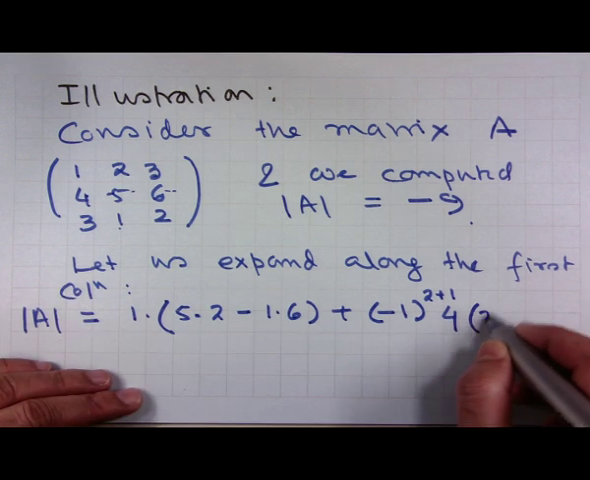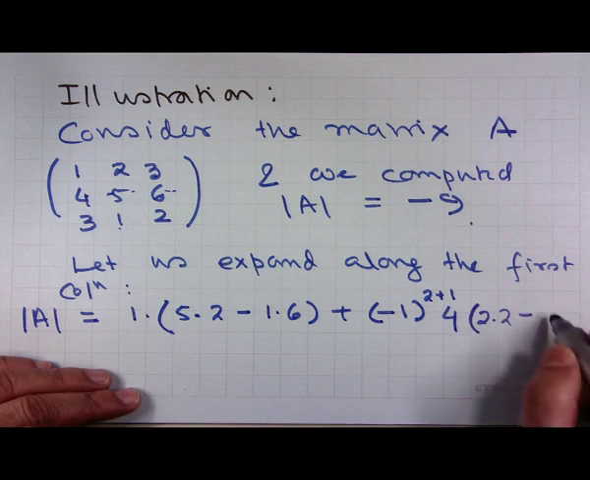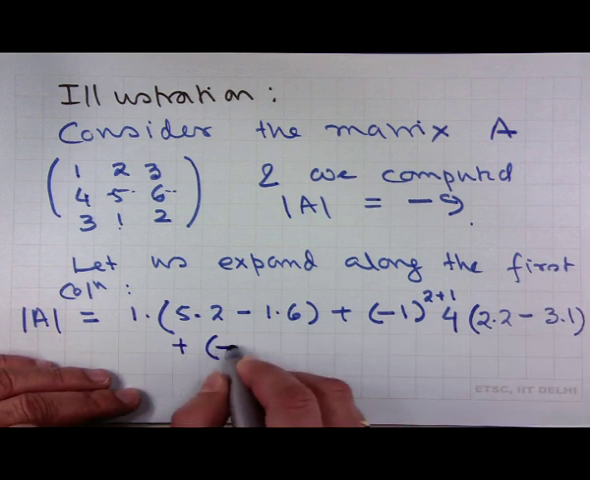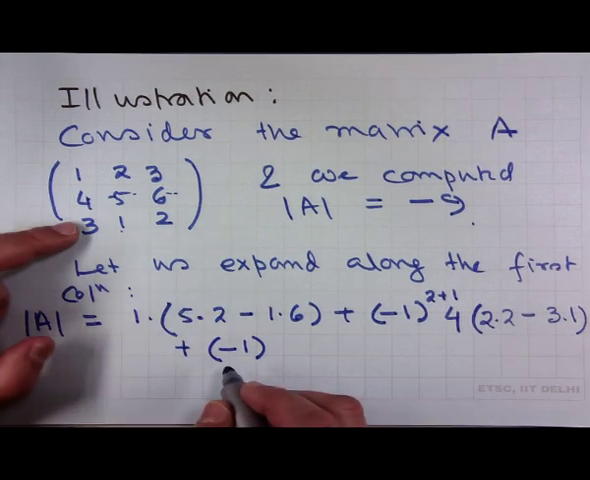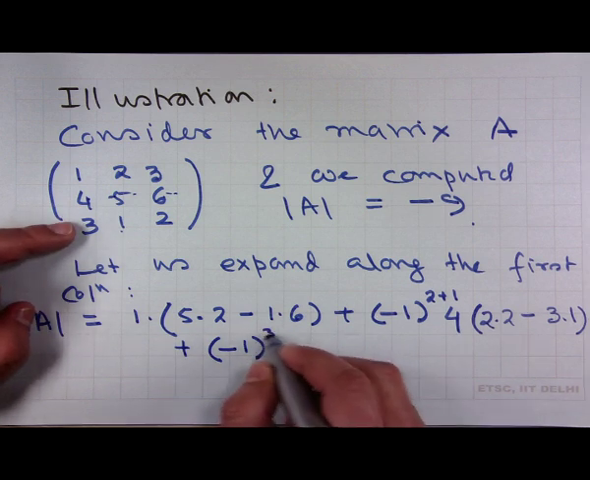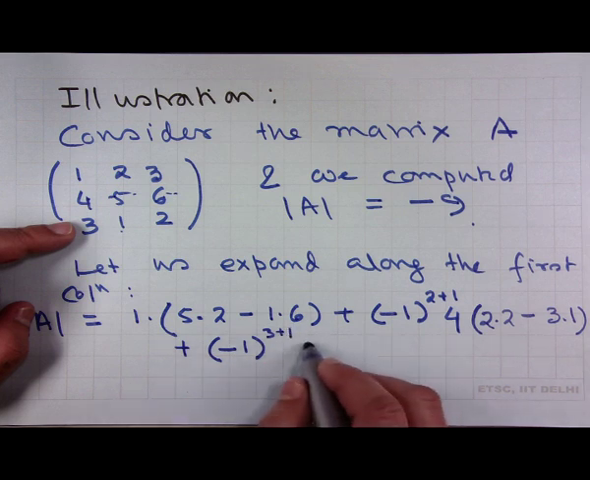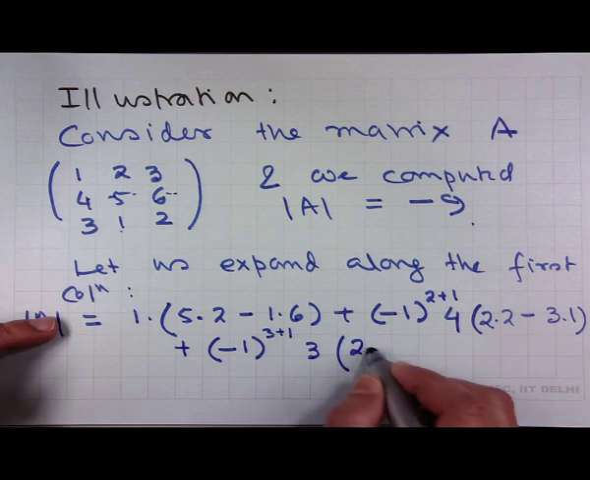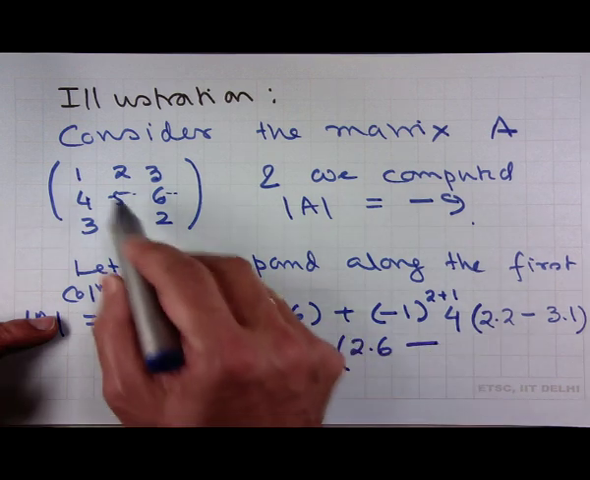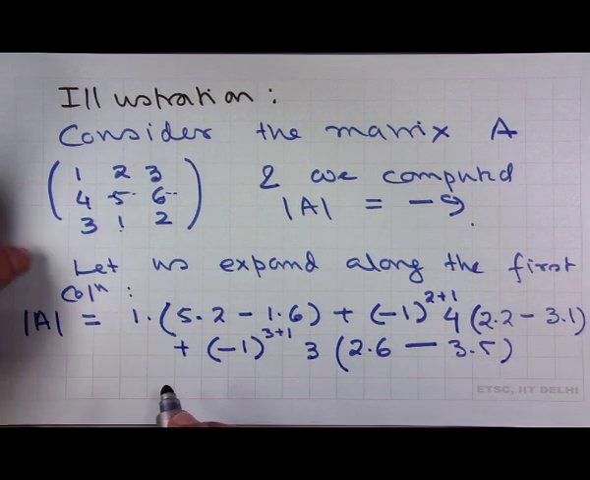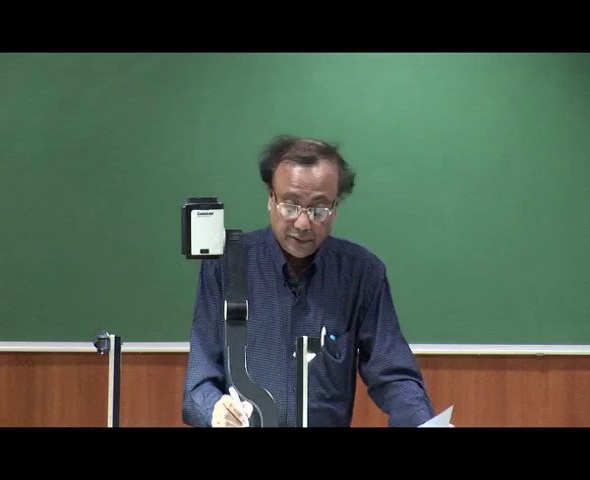Therefore, this is going to be 2 into 2 minus 3 into 1, plus minus 1 to the power, this element is the third row first column element. So, it is 3 plus 1 multiplied by 3 into 2 into 6 minus 3 into 5, is equal to